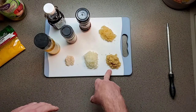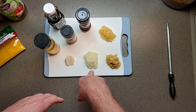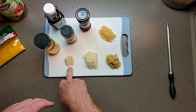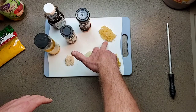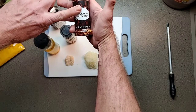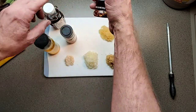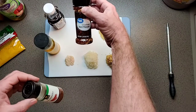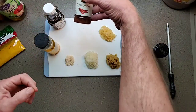And right here we have about 1/4 cup of chopped ginger, 1/4 cup of chopped onion, about a tablespoon of horseradish, and a little more than 1/4 cup of chopped garlic. Along with that, we're going to do some crushed red pepper. We're going to go about just a pinch, not too much, and some chili powder,